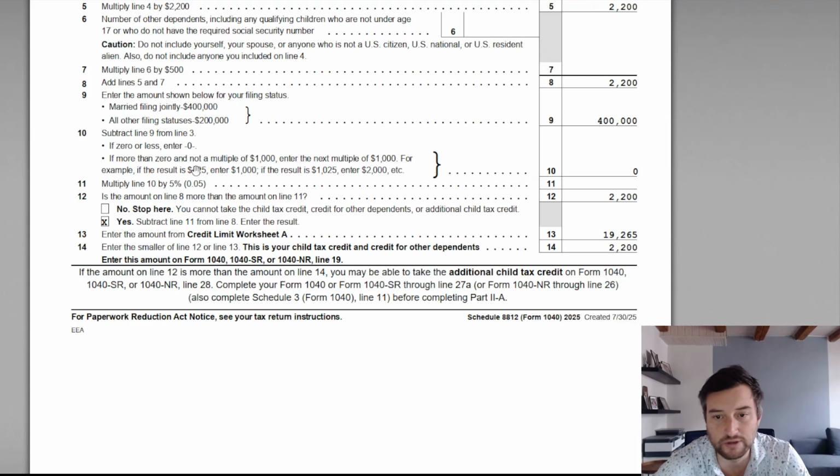If it's more than 0 and not a multiple of 1,000, enter the next multiple of 1,000. In other words, what they're getting at there is if your income was above 400K as a married filing joint return, you need to do this computation to figure out how much you have to reduce your $2,200 credit by. In our case, the income is well below that, so we don't have any phase out to